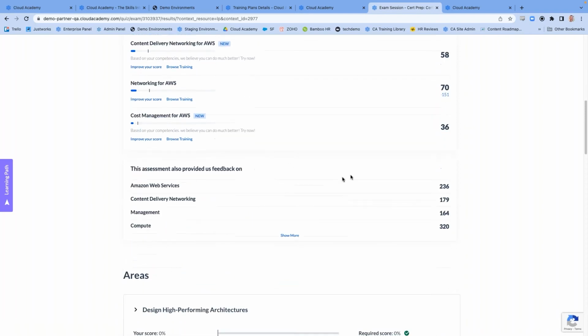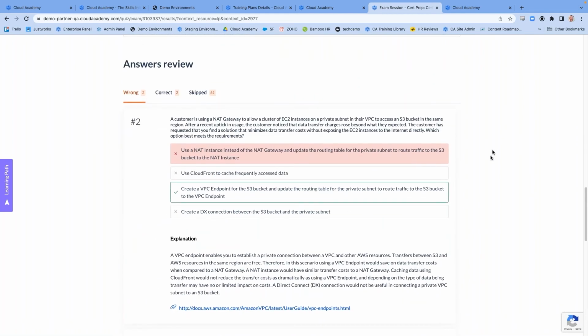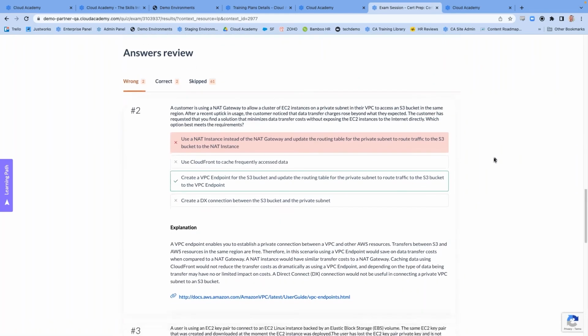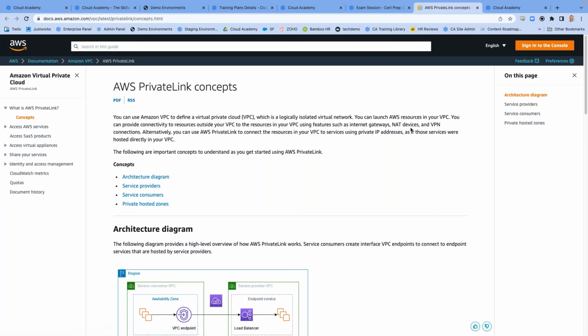But especially for any certification goals, you can scroll to the bottom, and for all the questions, we're going to provide a correct answer, an explanation, and where appropriate, a link to external documentation for further reading. This is what I like to call the don't just take Cloud Academy's word for it.